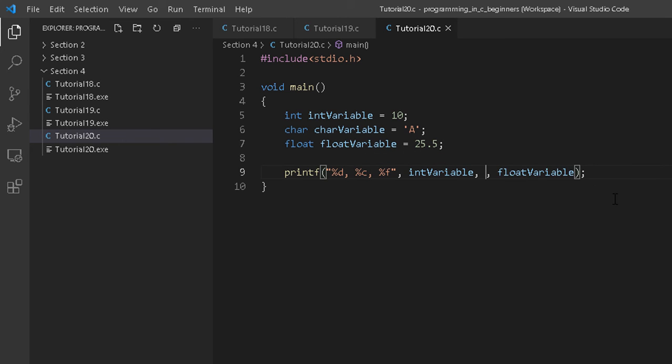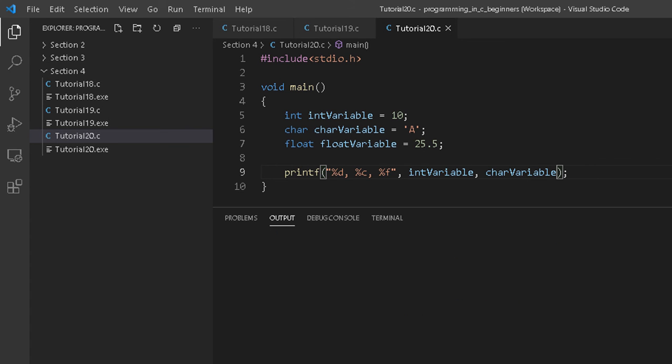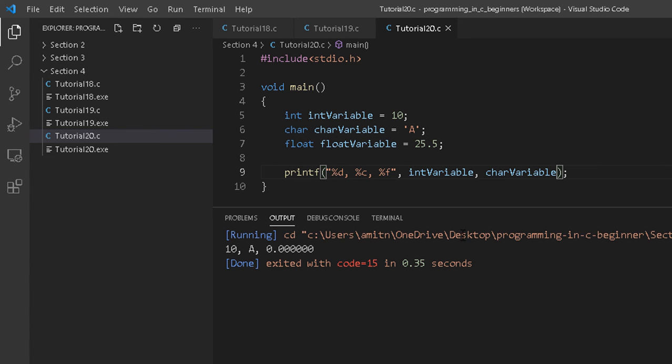Now let me show you one more case. Let's suppose I have mentioned the integer and character variable, but I forgot to mention the float variable. So the last variable is missing, but the first two variables are correct and compatible. Before running this, let me clear this console and run it again. So now you can see the output.